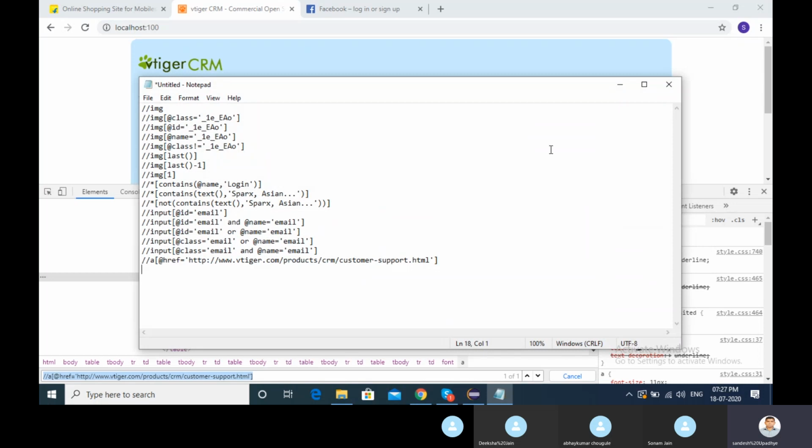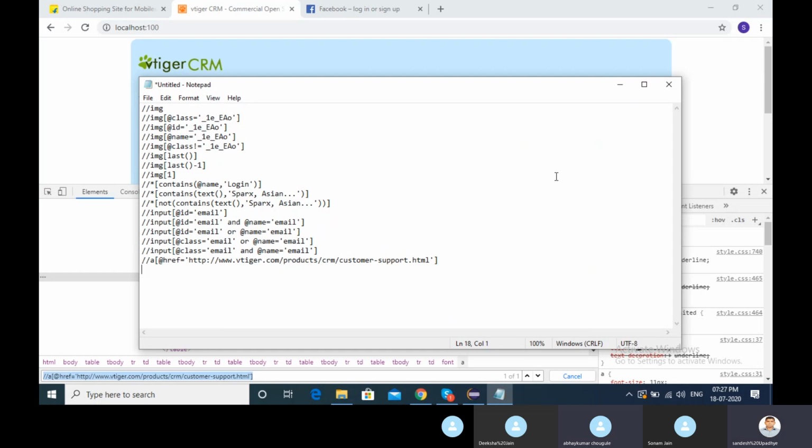There are so many ways, and my best practice suggestion is to always go with XPath. If you are finding some difficulty using name, let's say we have duplicate names, the ID is dynamically changing, or any other locator is not working, go with XPath. There are so many XPath ways you can use. I have created one ready-made notes with these tags, so you can use them whenever you want. I'm sending you these. Till here, any doubt?